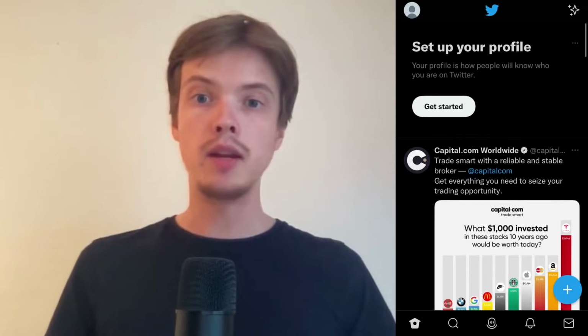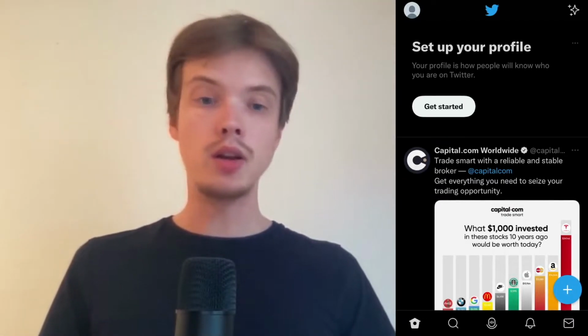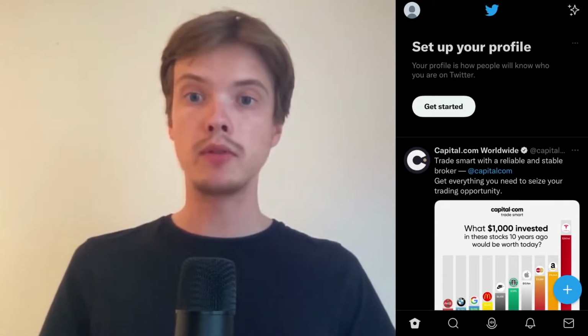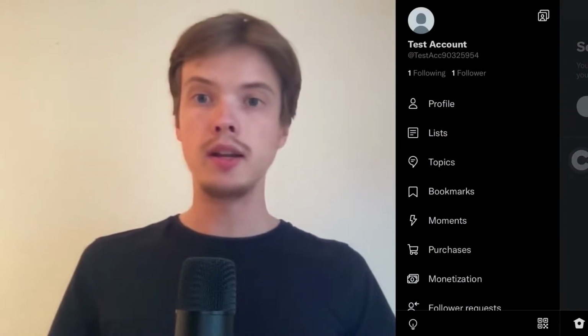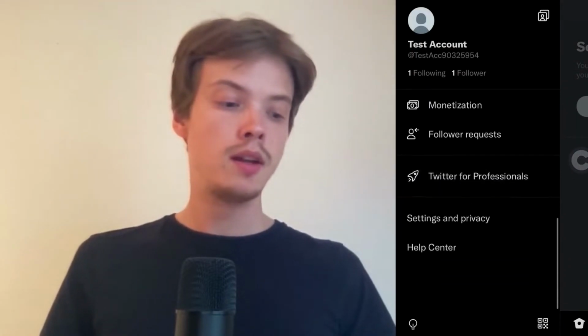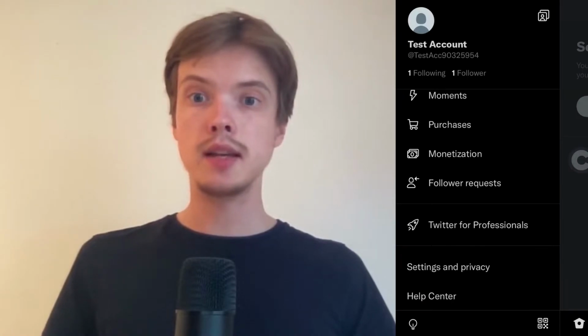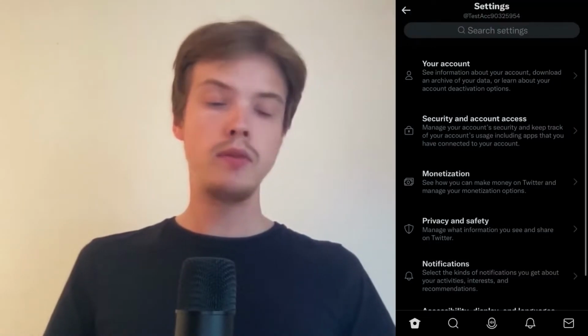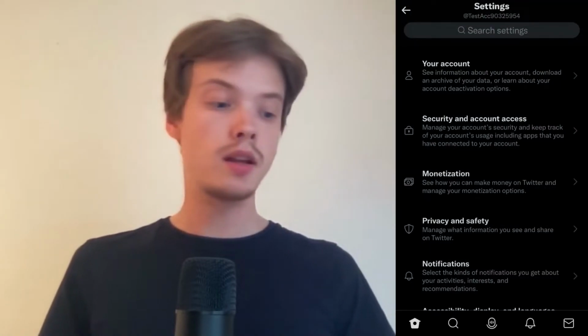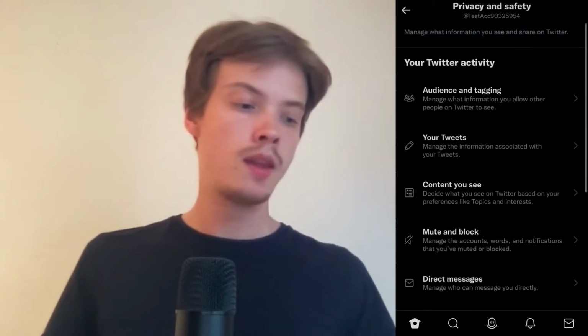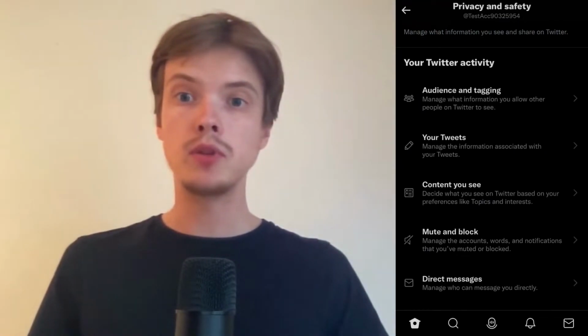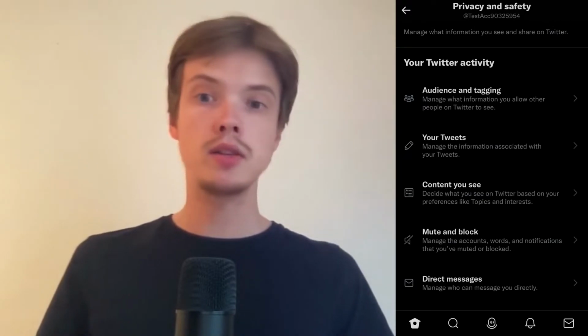Perfectly, now when I'm in here, then what I need to do is to click on my profile picture in the top left corner. Perfectly, now we need to scroll down. And then we need to click where it says Settings and Privacy. Perfect. In here we need to click where it says Privacy and Safety. Perfect. Then when you have come to this page right here, you need to click where it says Audience and